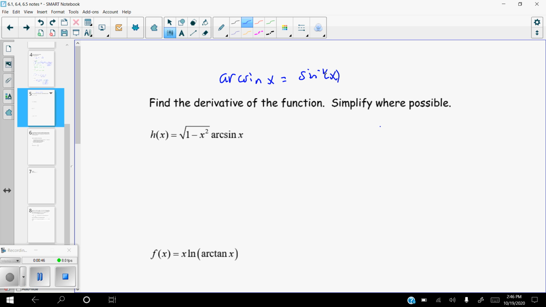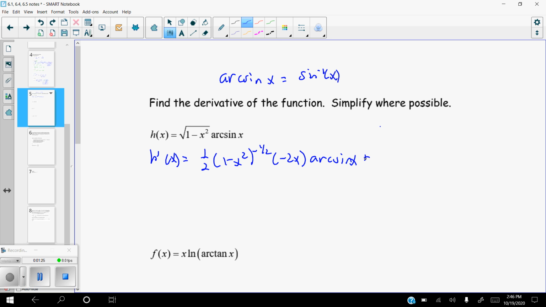So when we do the derivative here, it's going to be a product rule. So our derivative is the derivative of the first term. Remember that the square root of 1 minus x squared is the same as 1 minus x squared to the 1/2. So we would have to bring the 1/2 out to the front and reduce the power by 1. It's a chain actually, so don't forget the chain part, which is multiplying it by the derivative of the inside, which is negative 2x. So that's the derivative of the first times the second, arc sine of x,